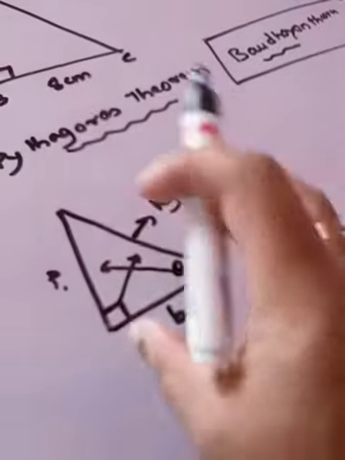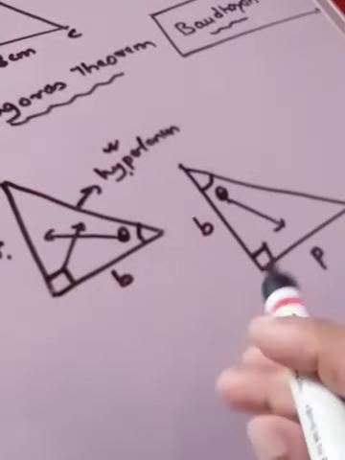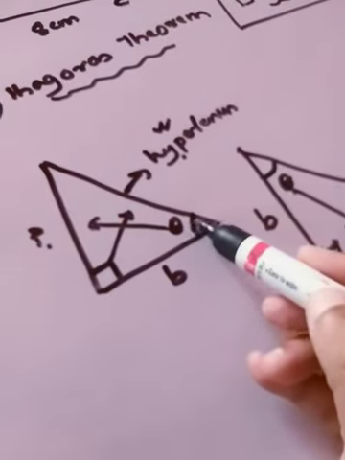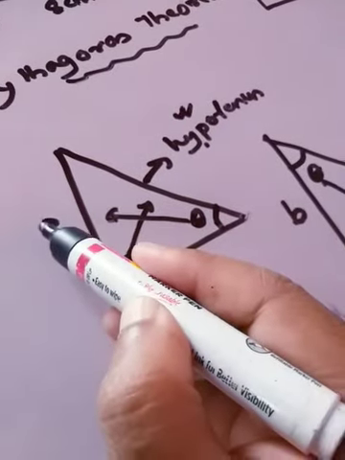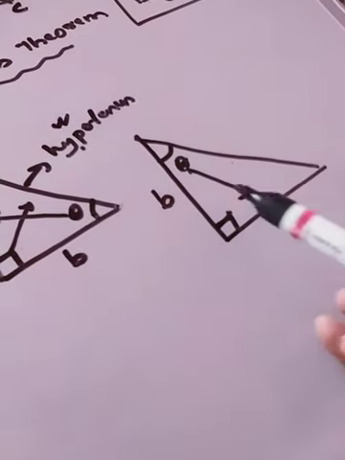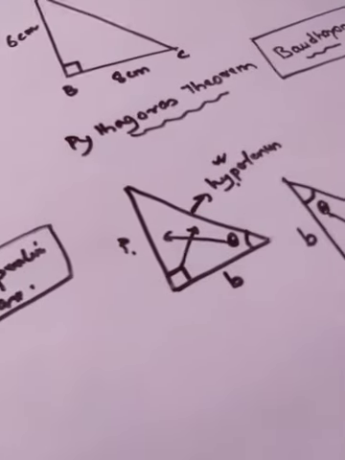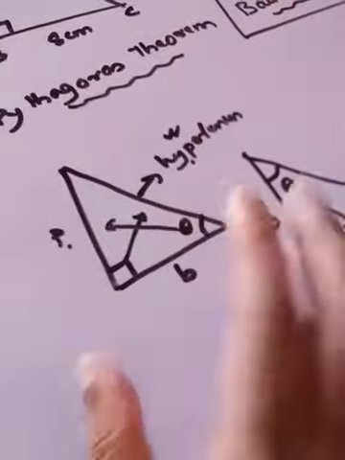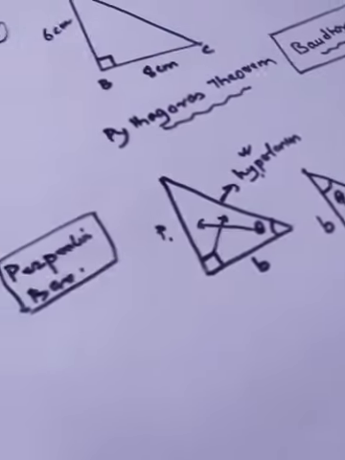For now it is just for the higher classes that I have given this information, but for now we'll take this as the base and this as the perpendicular, because we will not talk about theta right this moment. But this is the logic, students. Opposite to 90 degree it is always the hypotenuse, and if you take this angle into consideration, then opposite to this theta is the perpendicular and this will be the base, and if you take this as the angle, then opposite to this theta is the perpendicular and this will be the base. This is the extra information that I have given, but for your class we'll just keep it constant. We'll keep this as B and this as P, because we'll not talk about theta right this moment. Okay, so let's start.